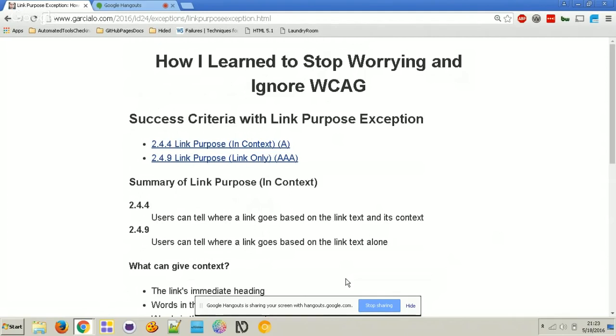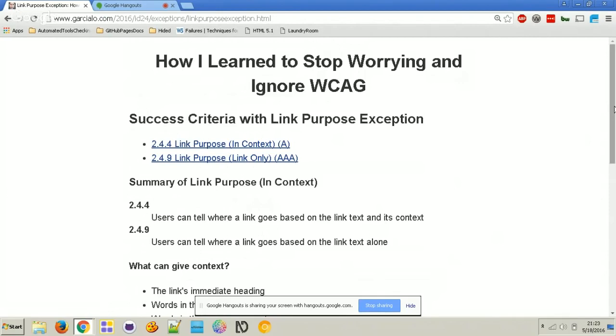To summarize both of them, 2.4.4 says users can tell where a link goes based on the link text and its context. So the context, where the link is, and the link itself. And for 2.4.9, it's basically the same thing, but the only thing that's considered is the link text alone. So users can tell where a link goes based on the link text alone.